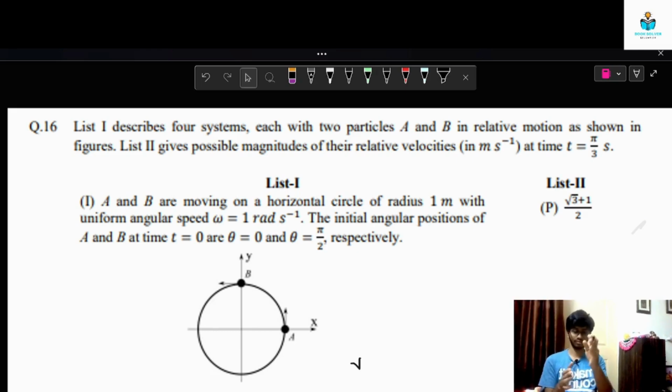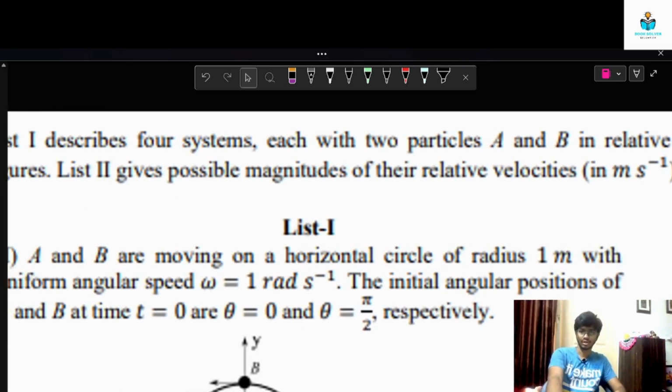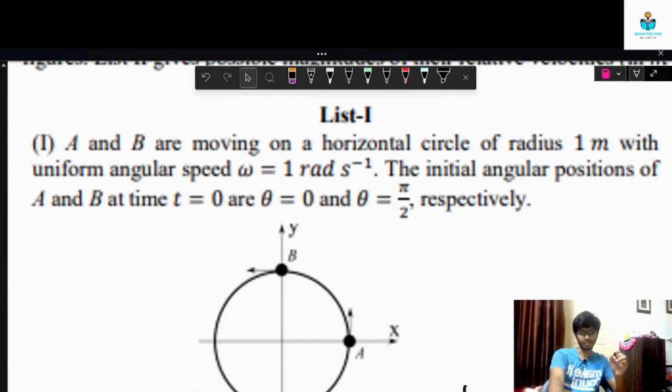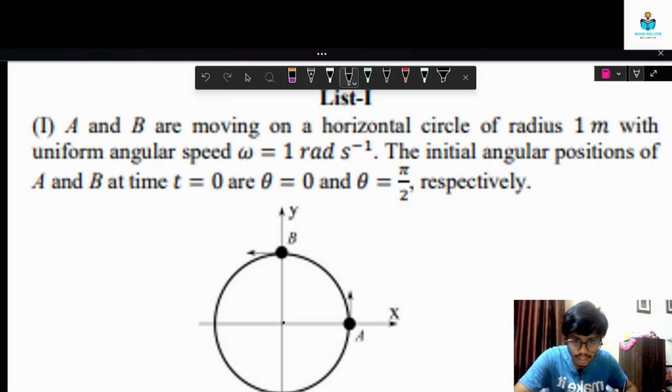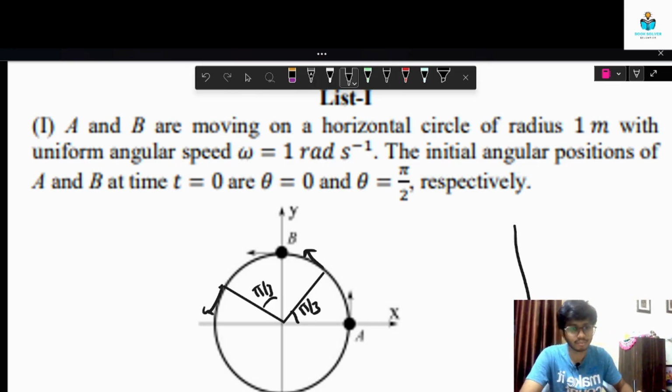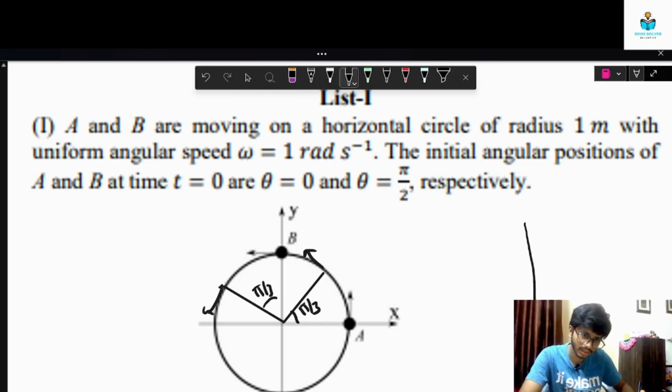So let's go one by one. 1 is: A and B are moving on a horizontal circle of radius 1 meter with uniform angular speed omega equals 1 radian per second. The initial angular position of A and B at time t equals 0 is theta equals 0. We need to calculate after pi by 3 time; it will go like this. If you plot them in the Cartesian plane,